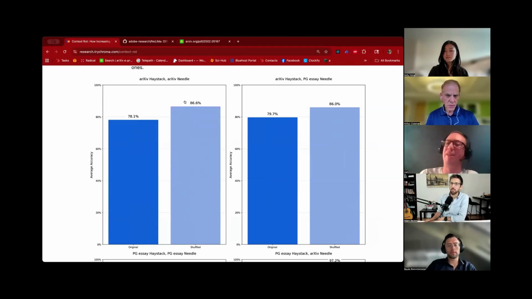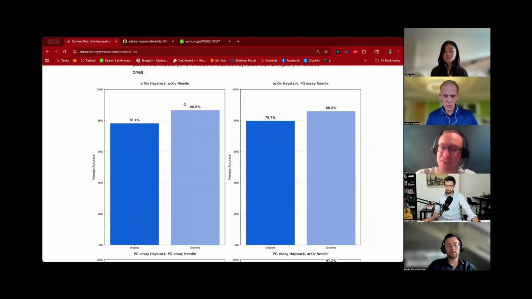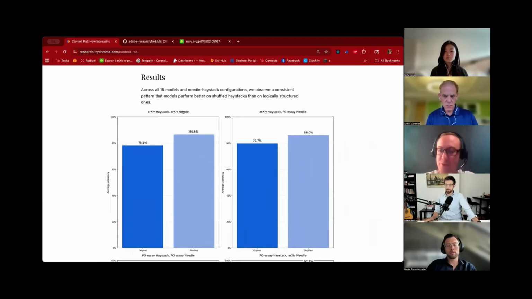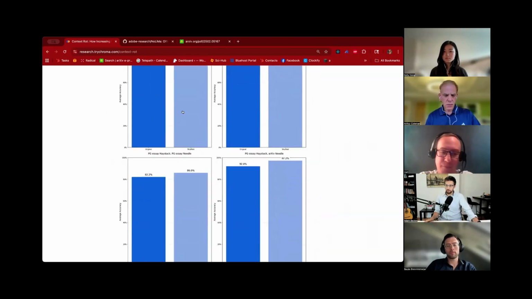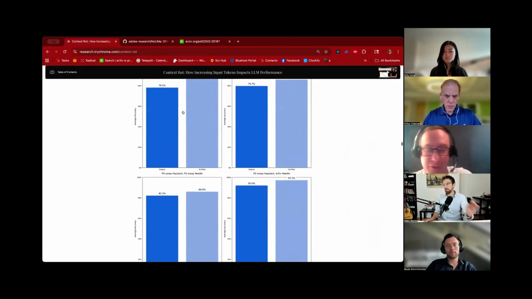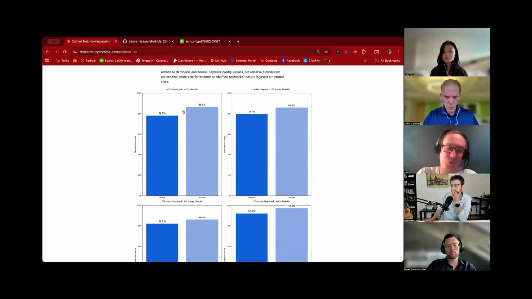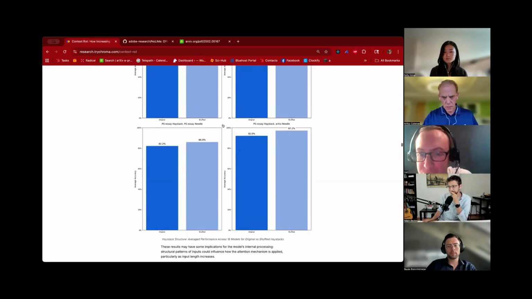And almost it's like, maybe because there is no logical structure, the needle stands out. Maybe there's an intuition there. But again, that's kind of weird, right? If you were reading a piece of text that has no logical structure, maybe it would be easier to find the needle, because you would very quickly learn to not bother paying attention to the logical structure. In any case, I think that's all there is to remark on when it comes to structure.